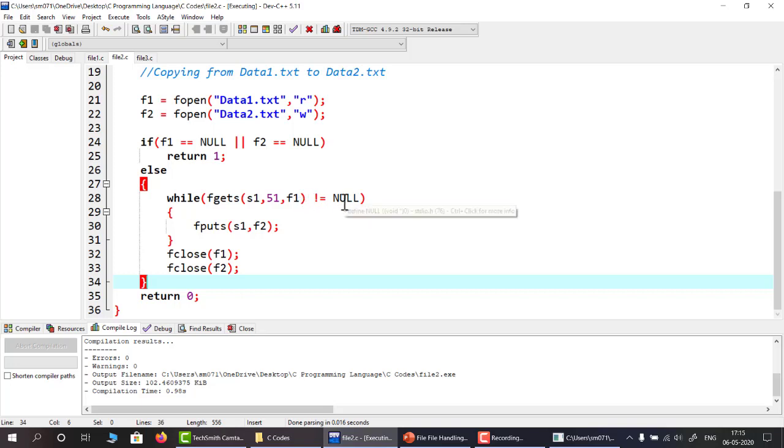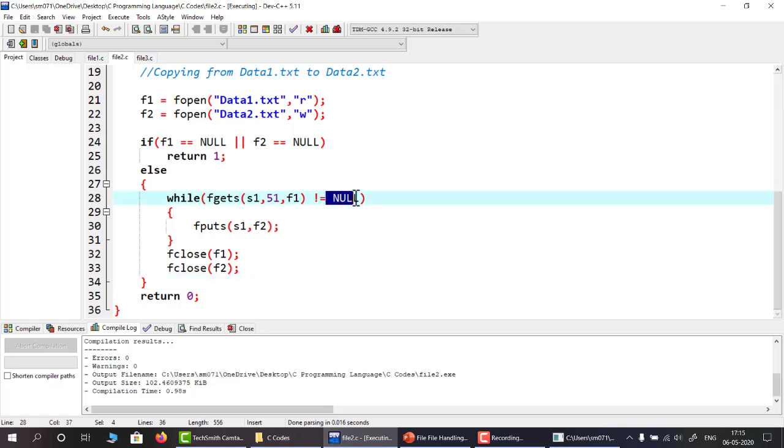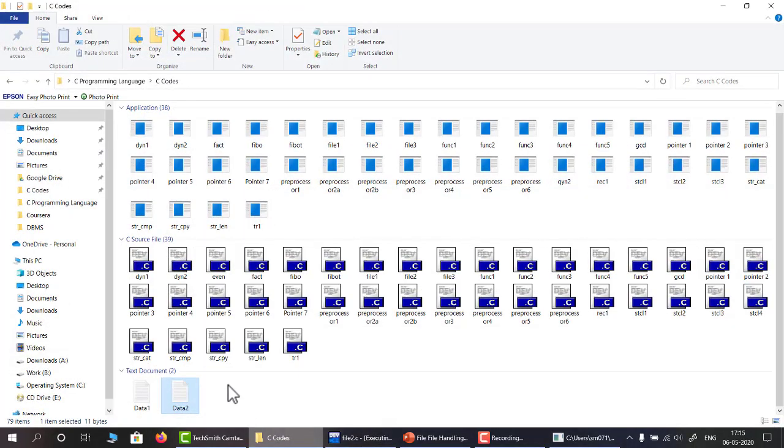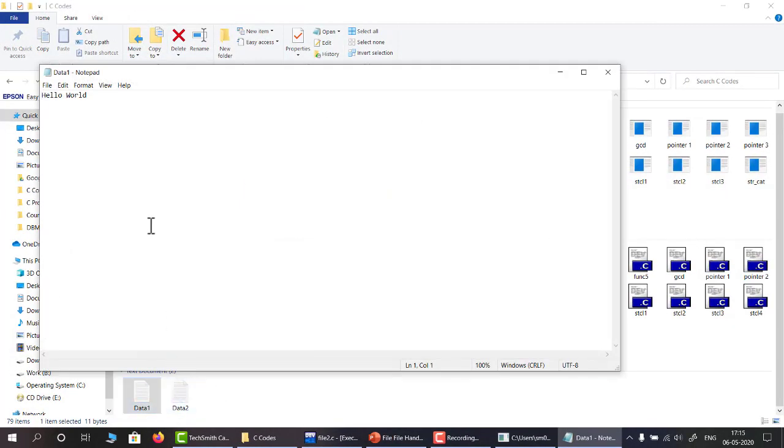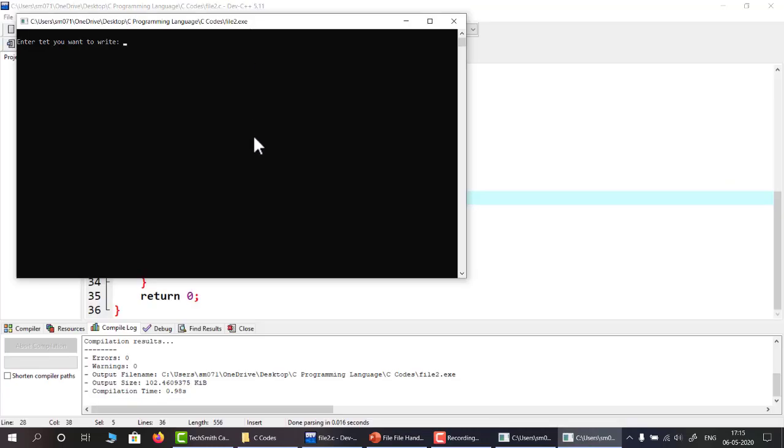We have to check that it is not equal to null. So this while loop will continue until there is null. Now you can see that here data1 has "hello world". Now let me run this code. So I am giving the data